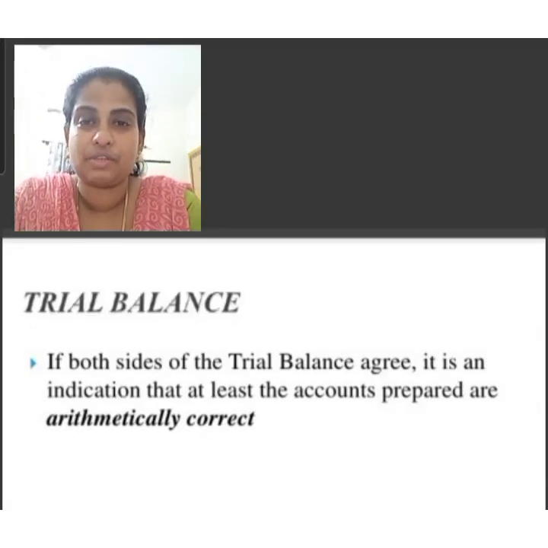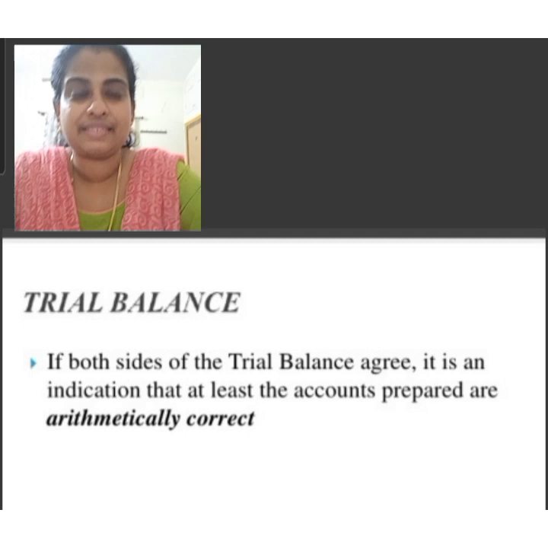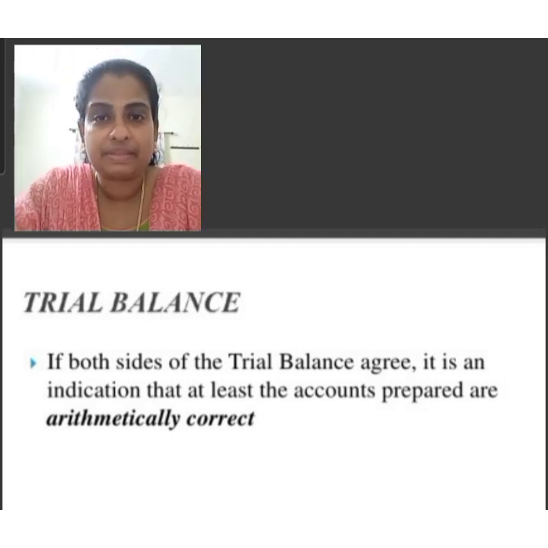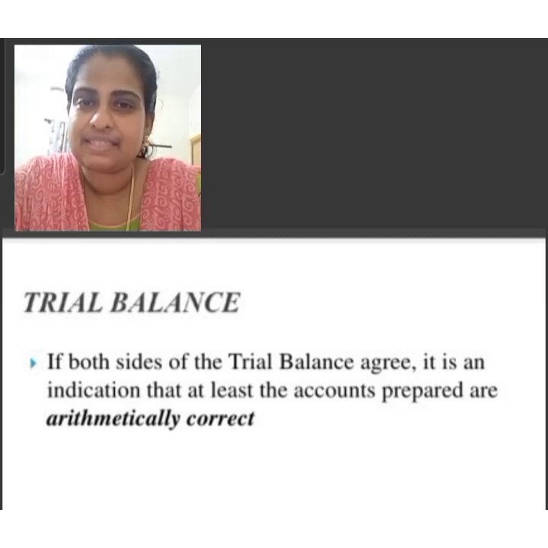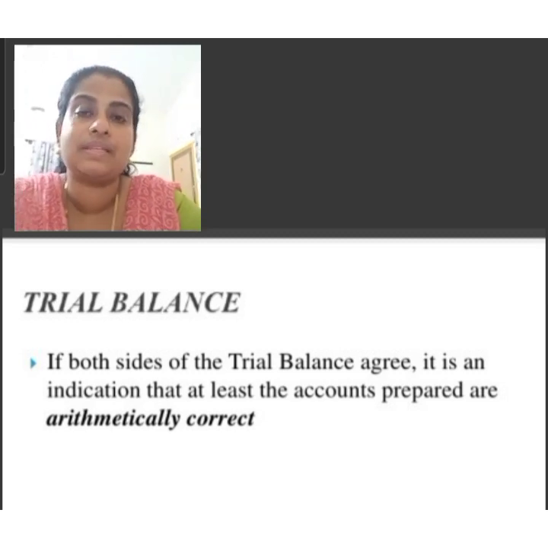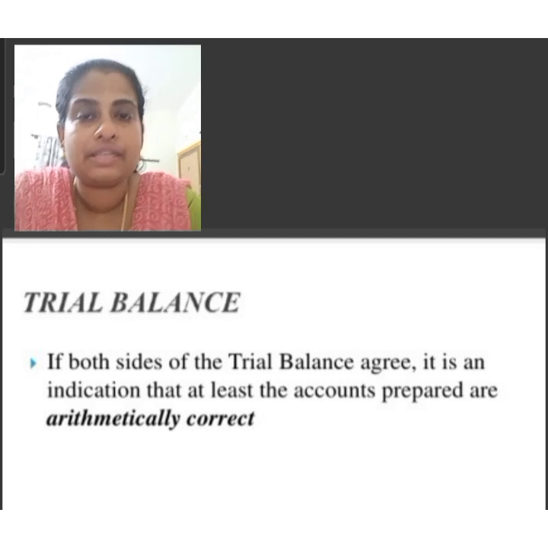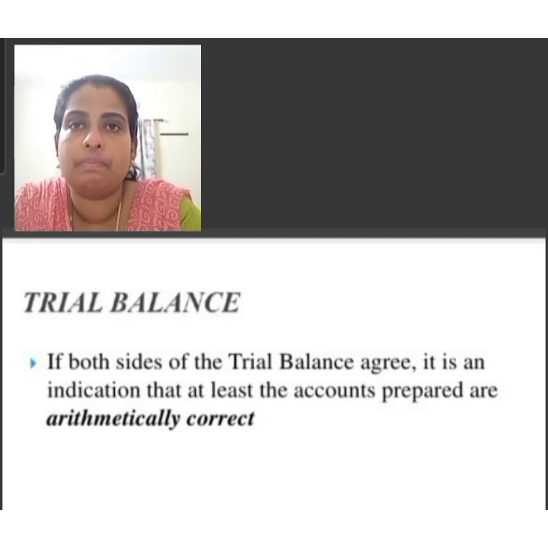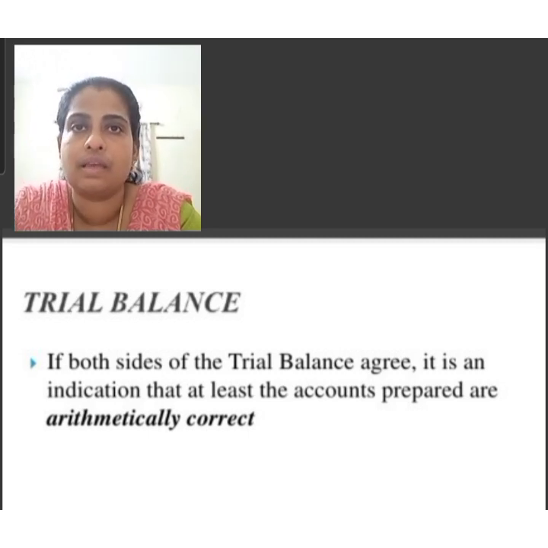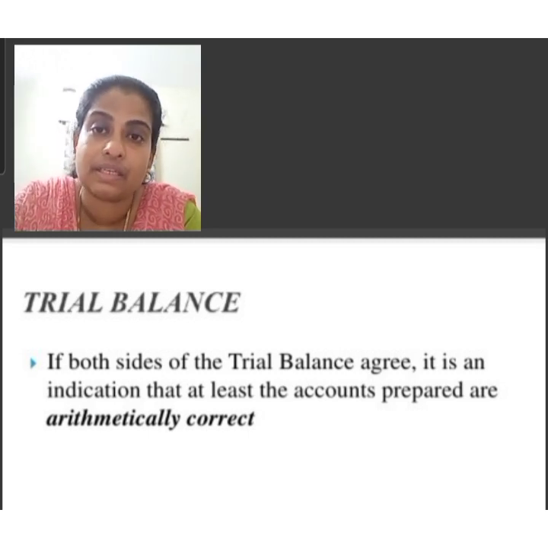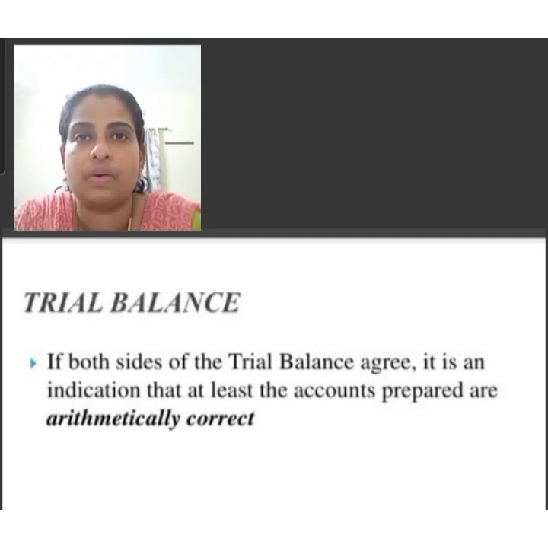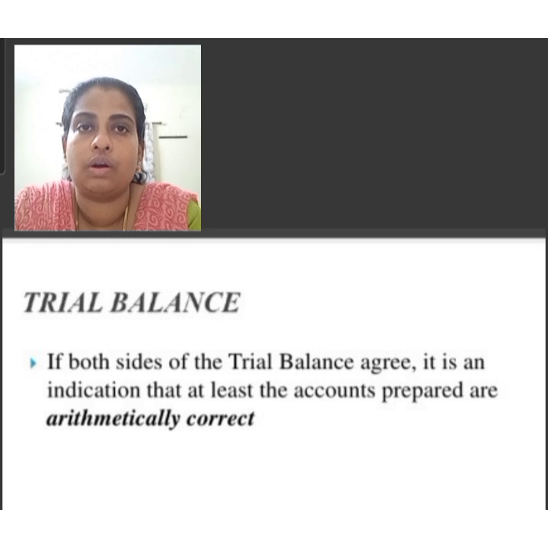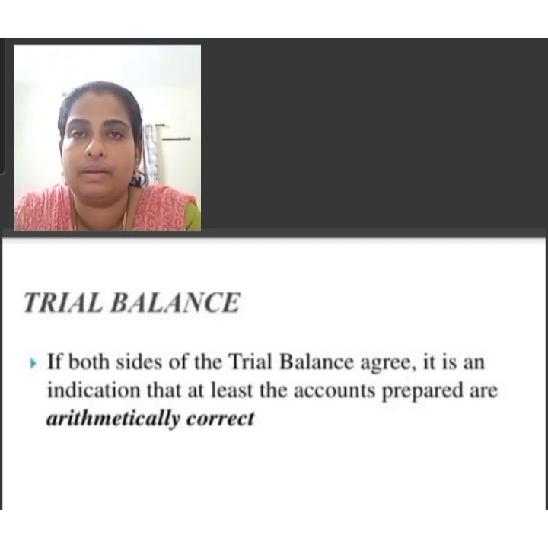The important features of trial balance are: trial balance is a statement which is prepared to know the arithmetical accuracy of the business transactions. It is a statement which shows the closing balances of various ledger accounts. Trial balance may be prepared with the balances or totals or balances and total of various ledger accounts. The total of the debit column and credit column of the amount must be equal.